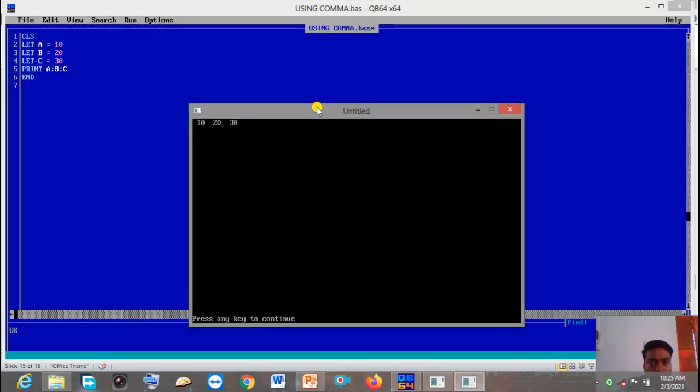Now you can see the output. There is a space it's showing, but not that much. Understood? So this is how we have to use comma and semicolon. This is the use of comma and semicolon.